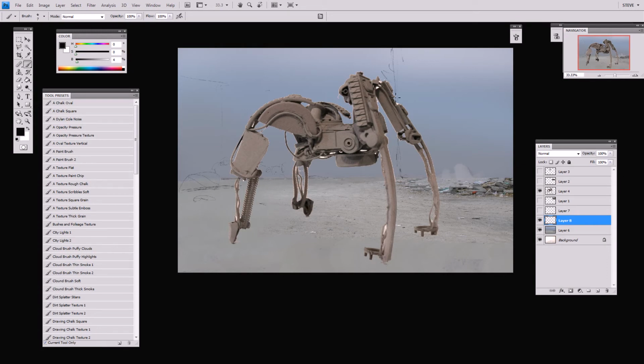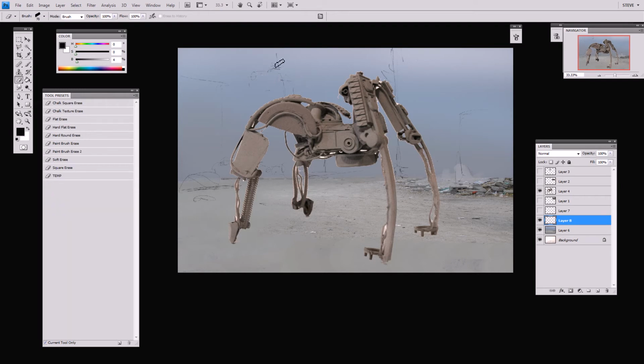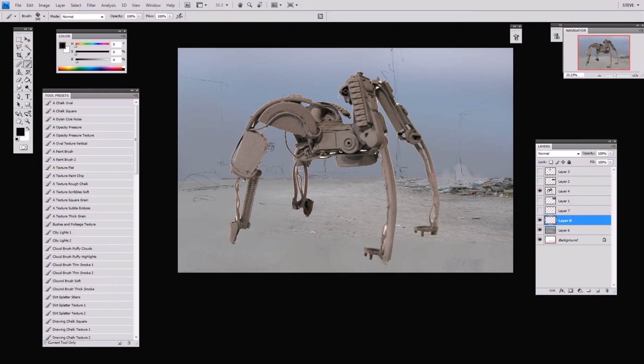So this thing might be one of those mechs that goes around patrolling and seeing if there's civilians and stuff left alive. I don't know if it's necessarily a robot that goes around aiding people, but maybe it just goes around cleaning up the people that are still lingering. So